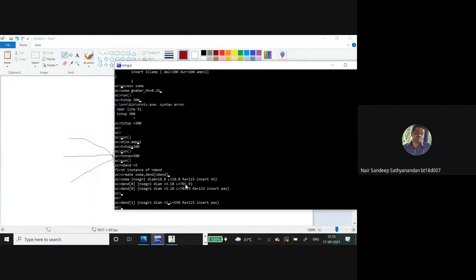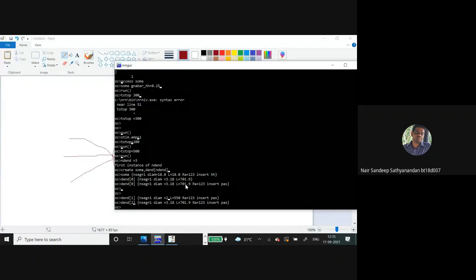So dendrite 1 is created, and all the dendrites are created now, with their individual properties. Now what we need to do in the next step, what should we do?